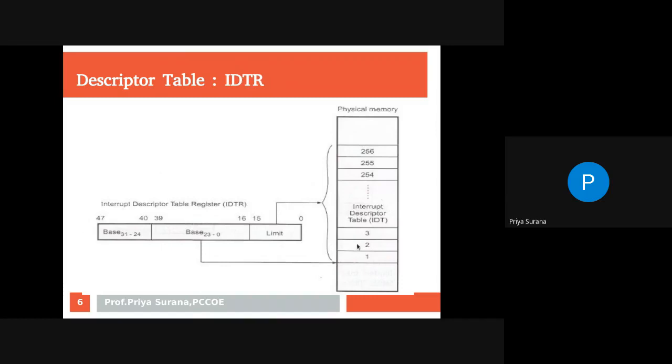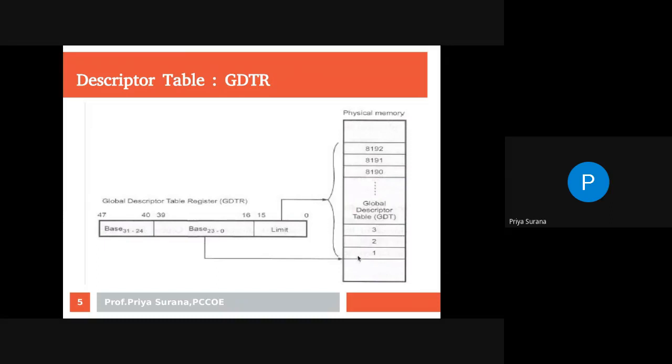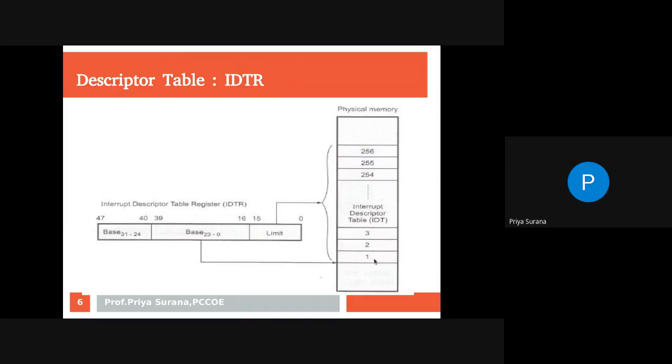The IDTR size is 48-bit, but here, like for GDTR we discussed that there can be up to 8192 descriptors in the global descriptor table, in the interrupt descriptor table there are 1 to 256 entries. In the theory part you can check things related to interrupts: 256 interrupts are supported by the 80386.